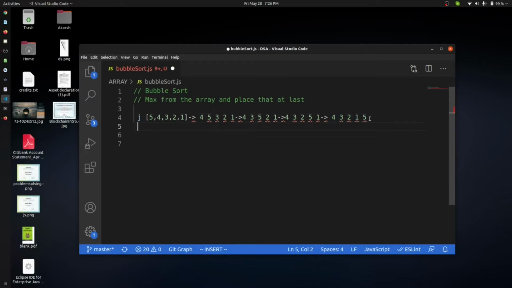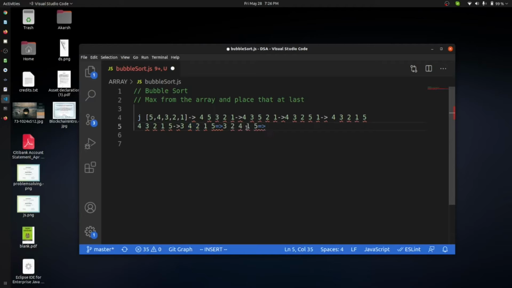Now let's start with 4, 3, 2, 1, 5. I'm going to show this step only. It will check 4 and 3, which is greater. Then we check 4 and 2, which is greater, giving 3, 2, 4, 1, 5.